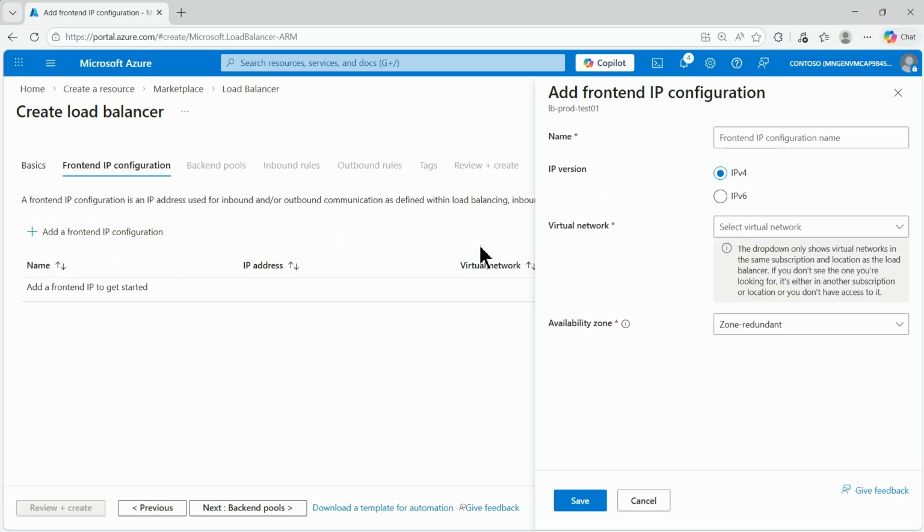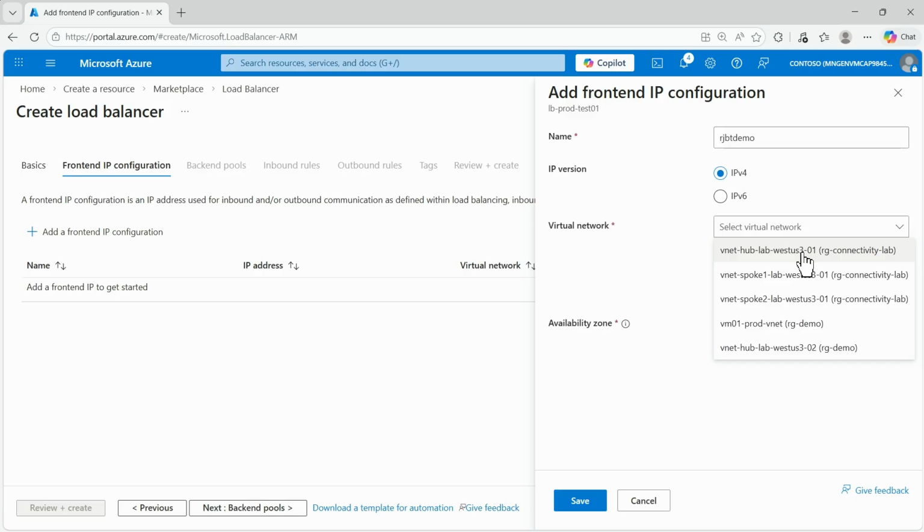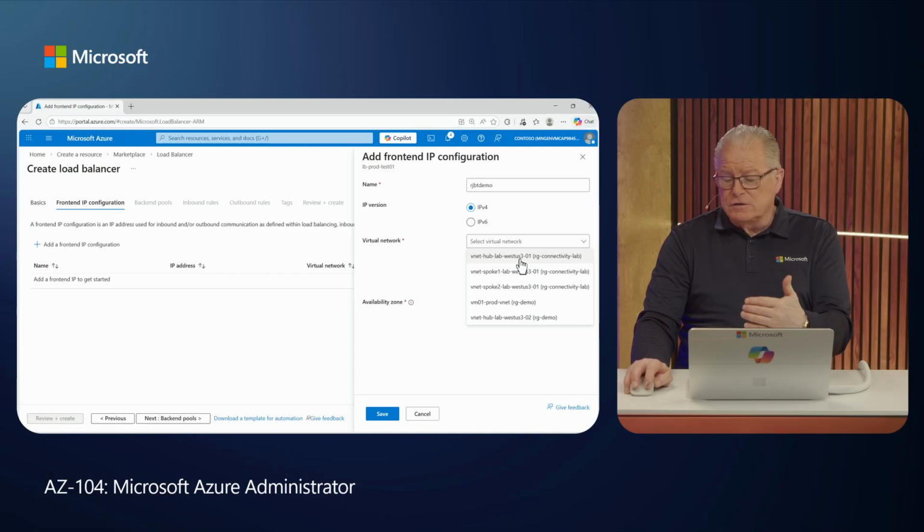Looks very much the same, but I've got some slightly different configurations. The drop-down shows the virtual networks that I'm going to be working with. So what is the name of it? RGBT demo. What virtual network do I want to attach this to? I'm not going to have the chance to give it a public IP address. That was the difference I was trying to show, but most of this stuff is going to be the